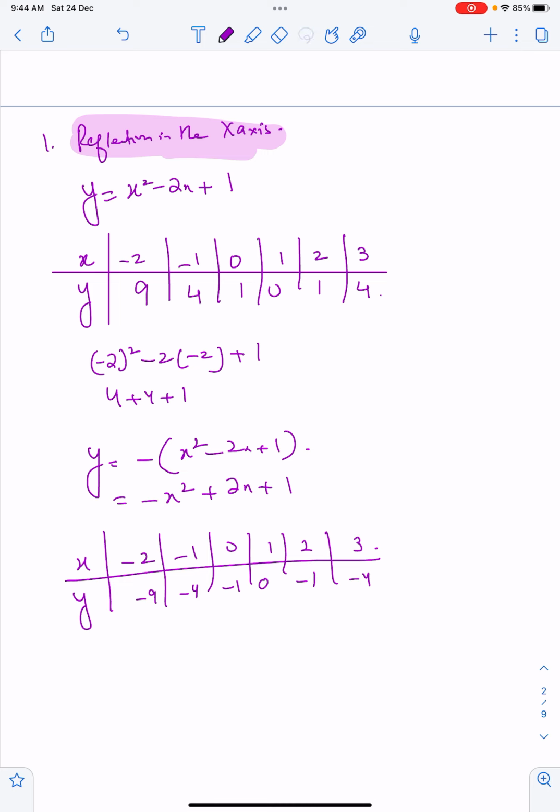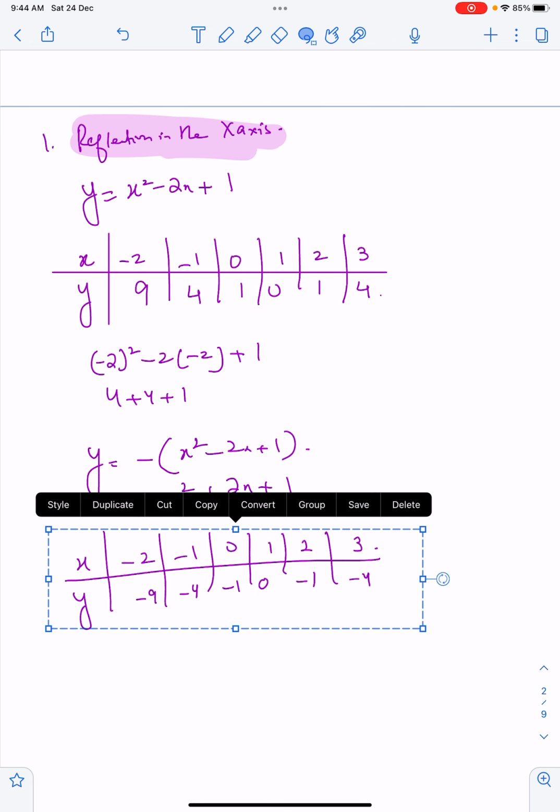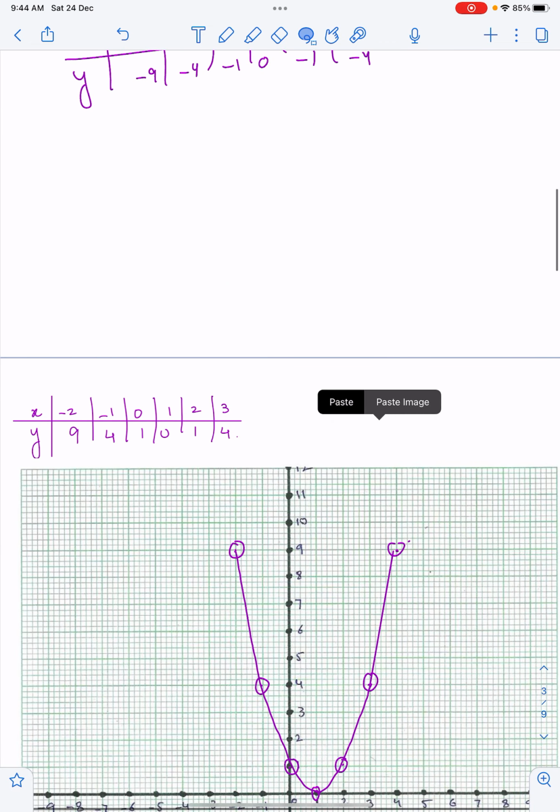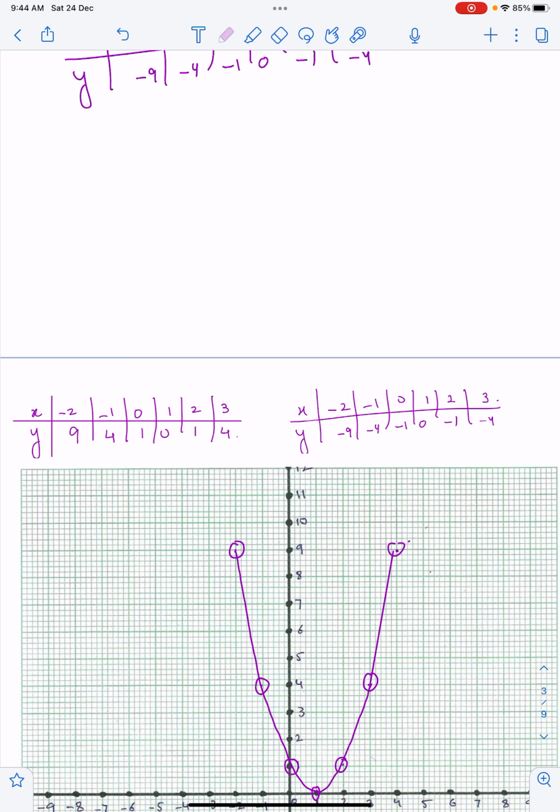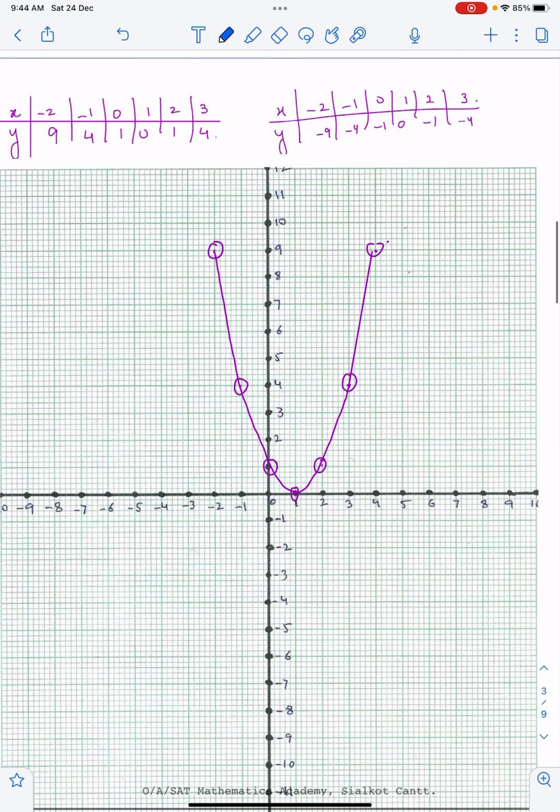If I plot these on the graph, with negative 2, I'm getting negative 9, which is here. With negative 1, it's negative 4. With 0, it's negative 1. With 1, it's 0. With 2, it's negative 1. And with 3, it's negative 4. And with 4, it should be negative 9 once again. If I join them with a smooth curve,